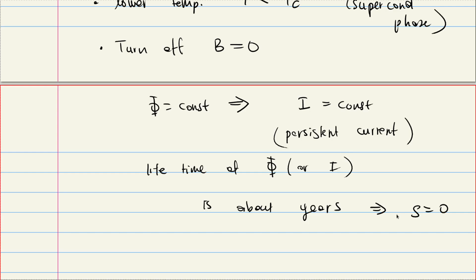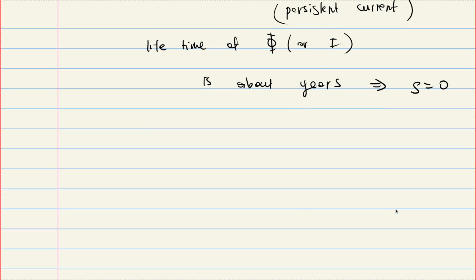I think in some labs, maybe they let it run for weeks and they find a very tiny change, but if you extrapolate, you find a very long lifetime. Of course, experimentally, nothing is zero. There is always something, but as far as measurability is concerned, this is zero resistance. So this is not the defining property of superconductors, like I said. The defining property of a superconductor is the so-called Meissner effect. And let's talk about that.